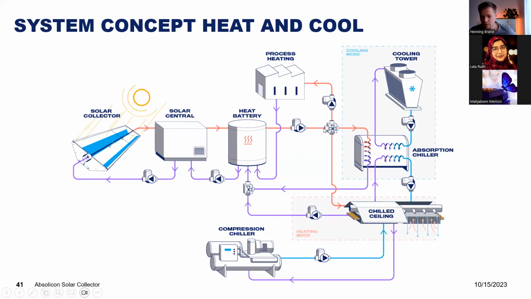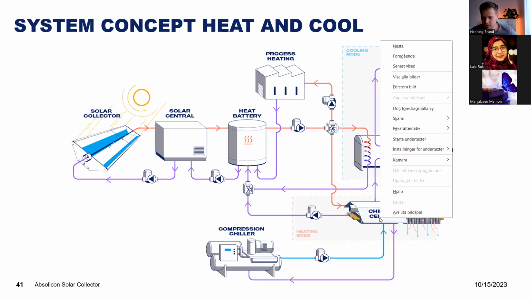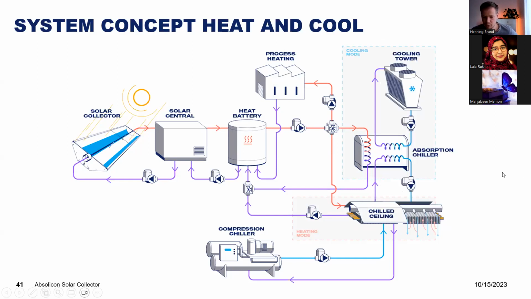And then a part of the heat also goes to this absorption chiller. So the absorption chiller doesn't consume electricity other than for the pumps, and it's through a reaction that happens when it's getting this heat, it actually gives the output of thermal cooling, and that you can put into an air fan unit that fans the cool energy into the building. So that is a neat way to use the solar thermal collectors, to get both heating and cooling from the same installation.